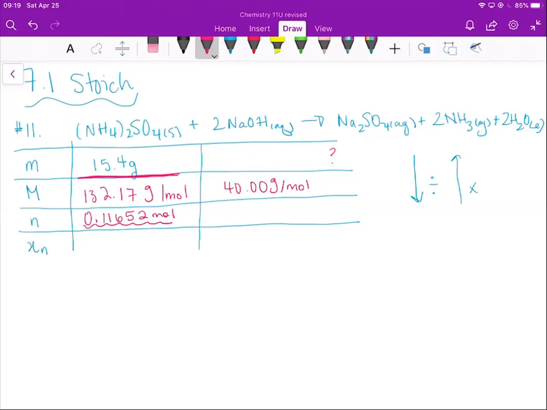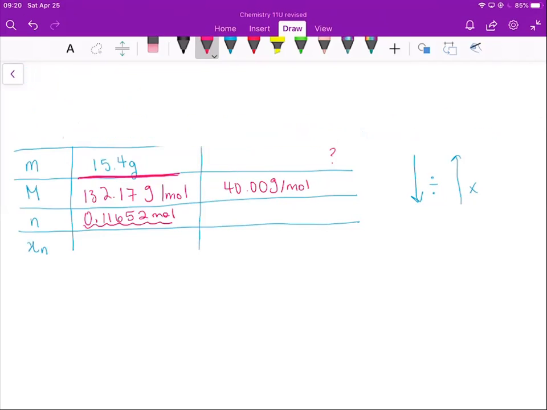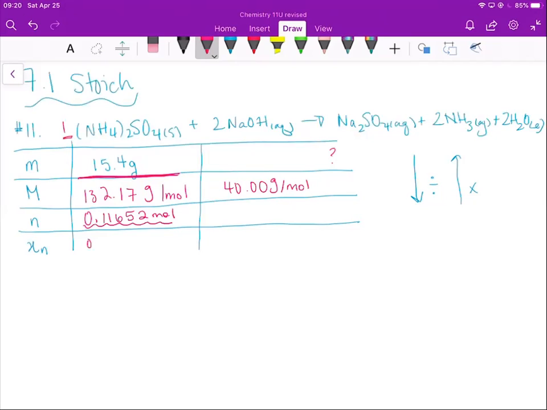And see how I'm using many significant digits, I'm leaving many digits. I'm not going to reduce to the number of significant digits until the very end, okay? We don't want to round until the very end. Okay, so from 15.4 grams, I have 0.11652 moles of ammonium sulfate. My coefficient here is 1. So when I go to this last step here, xn, you always divide or multiply, depending on which way you're going, up or down, by your coefficients in your